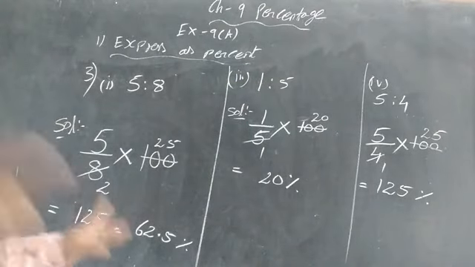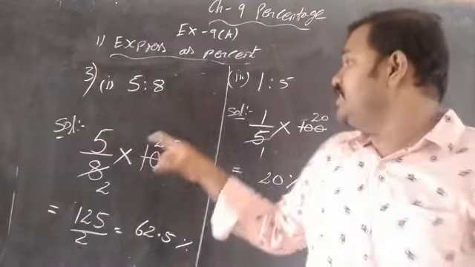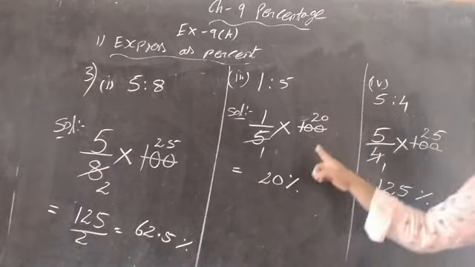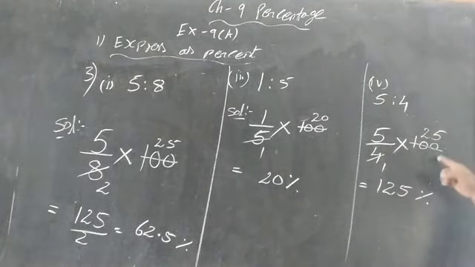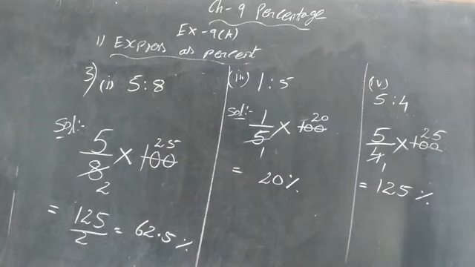Each and every sum, we are doing that with percentage. This 100 represents percentage. Into 100 represents that we are changing into the form of percentage. And the next sum is,